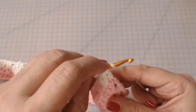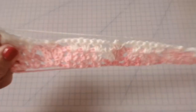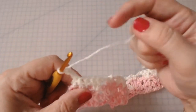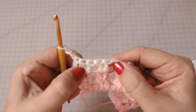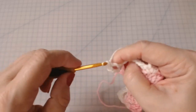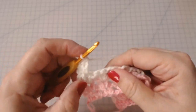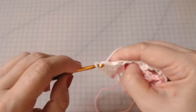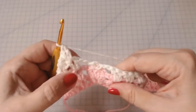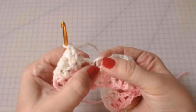I'm going to chain 3, 1, 2, 3 and turn, and I'm going to repeat that fan row, that little cluster fan row. So we're going into this next V-stitch and do a V. You'll always do V-stitches inside these little V-stitches with no chains in these sections. 1 and 2. Now we're going to do the fan section into the top, into that chain of 2 that's